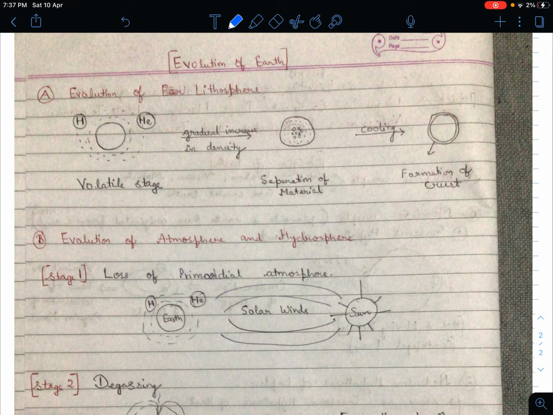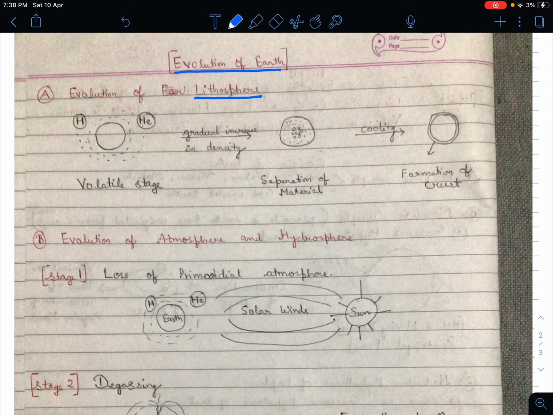In this video, we are going to study about the evolution of Earth. So do you remember in the last class what did we study? Origin of the Earth. Yes, origin of the Earth. Now evolution of the Earth. The three layers of the Earth, lithosphere, atmosphere and hydrosphere, they got evolved separately. The first layer to evolve was lithosphere.